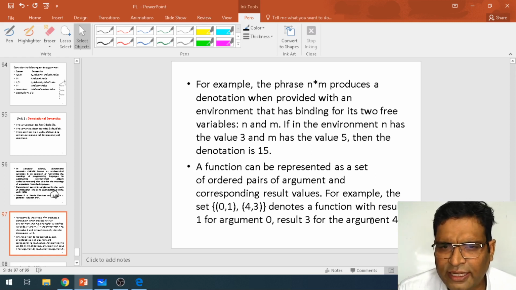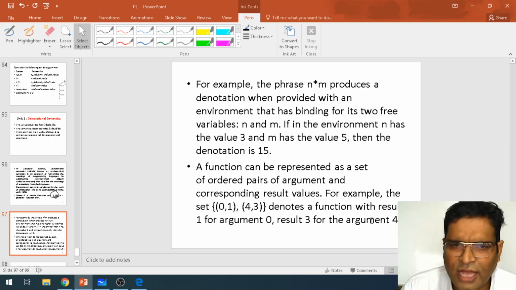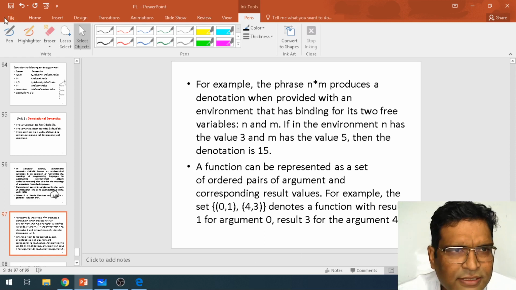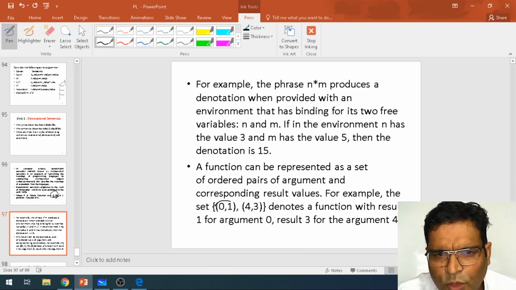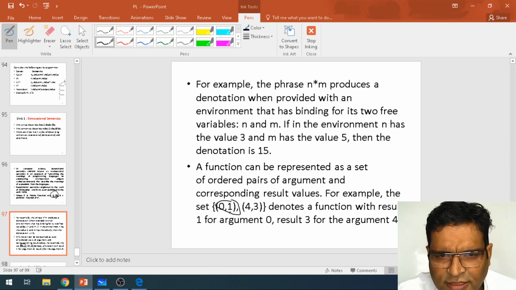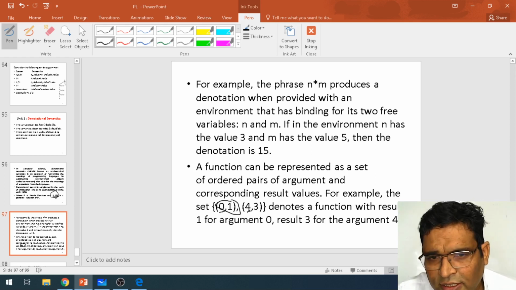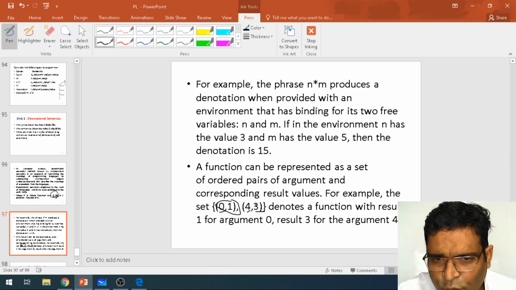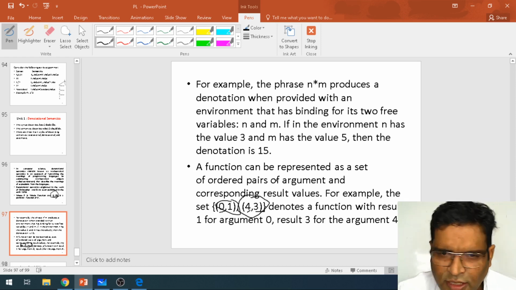The most important thing is, for example, if you have zeros and 1, we call it a function which results in 1. 1 is the result, 0 is the argument. 4 is the argument, 3 is the result for it. This is the intermediate function and how it is represented in denotational semantics.